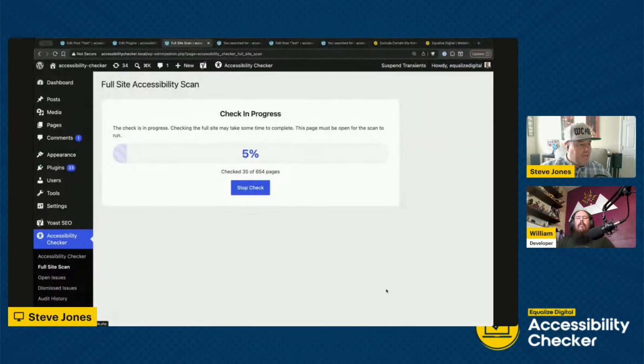So I wanted to add these stripes in, what they call candy stripes, I think. I wanted to give a little bit of movement to show that, even though the bar only goes horizontally every page scan completion, it's also doing something in between those movements, and it just looks kind of fun. But to what William was saying about